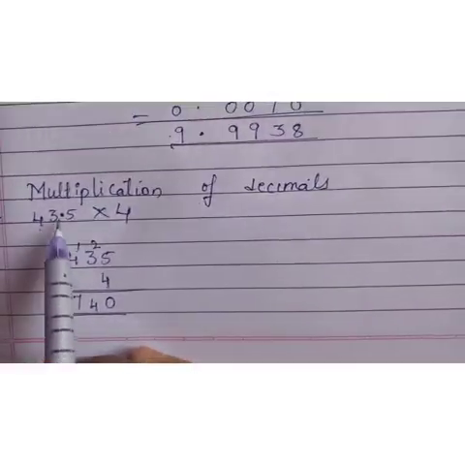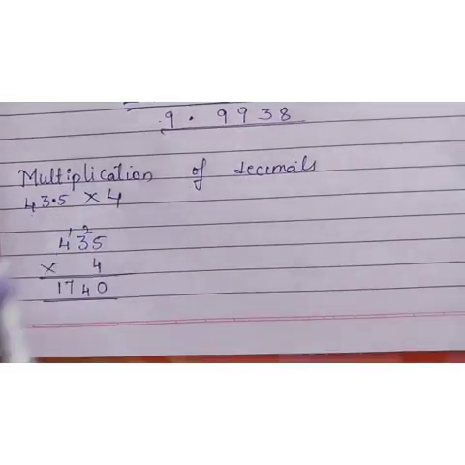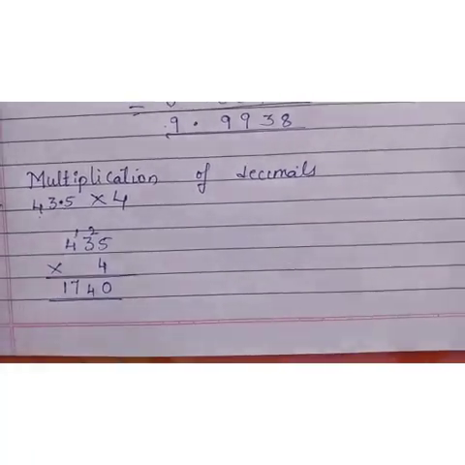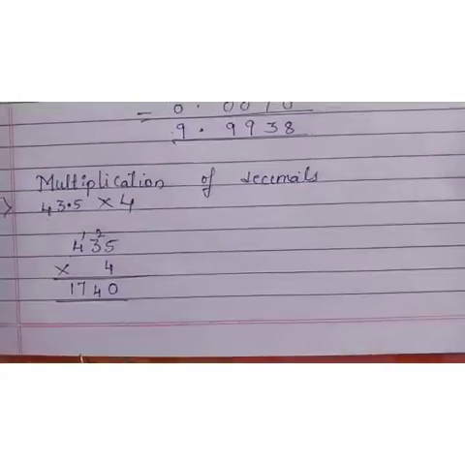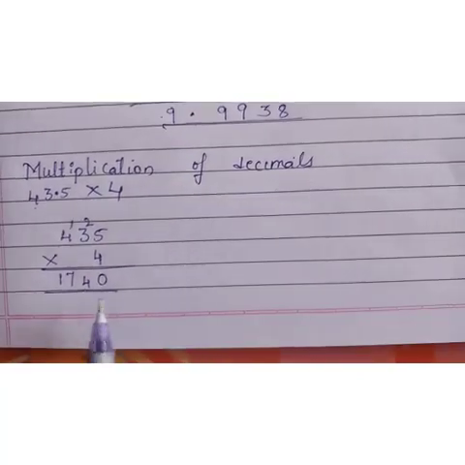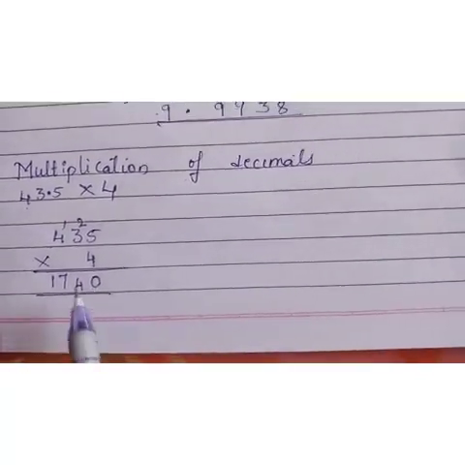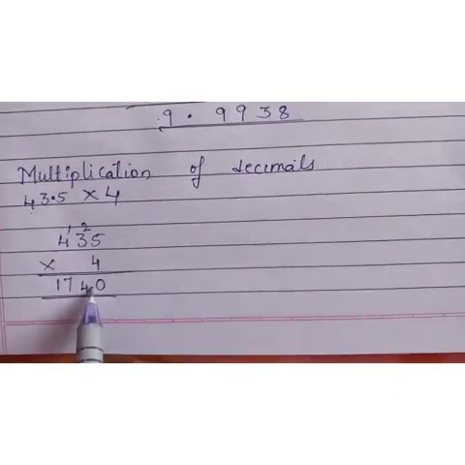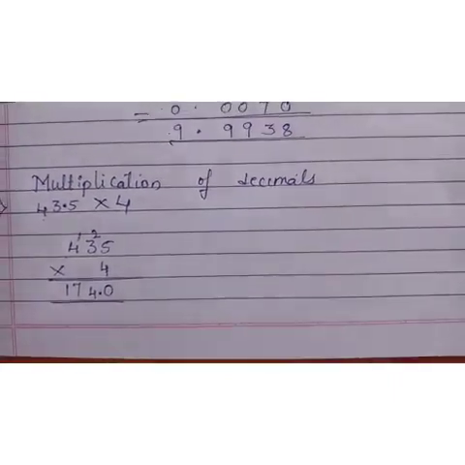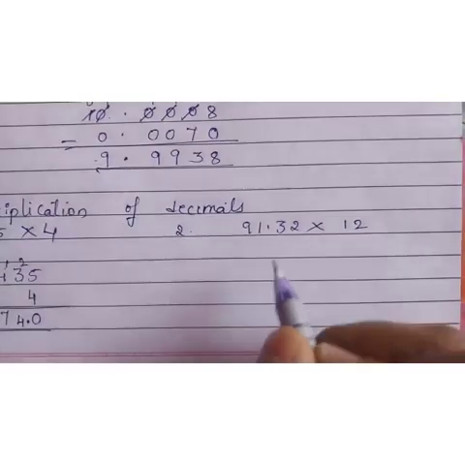Now count after decimal point how many digits are there. We have only one digit. So place the decimal after one digit starting from ones place. So in ones place we have 0. After one digit place your decimal point. Let me take another example,